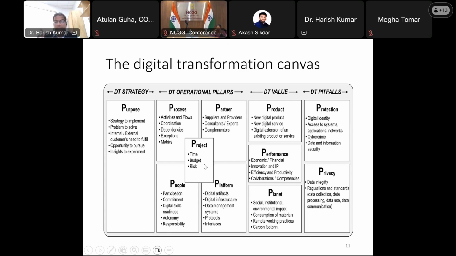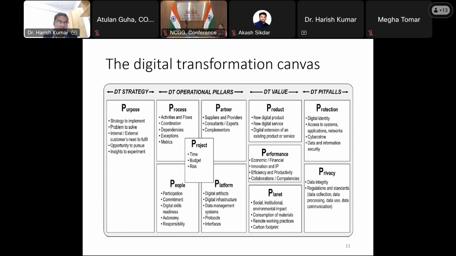Maybe the 1 year, 2 years project, maybe 3 years, maybe 5 years project, maybe 10 years project. The second one is what is the budget constraint and what are the risks associated with this project in terms of the technological, in terms of the implementation, in terms of your execution, right? So if we talk about this process, cycle like activities, coordination, and so on. Apart from that, in terms of the people, internal employees, external stakeholders, maybe citizens, maybe your partners, maybe your collaborators, right? Apart from that, we need to work out how we are engaging and allowing the public to participate in the governance process.